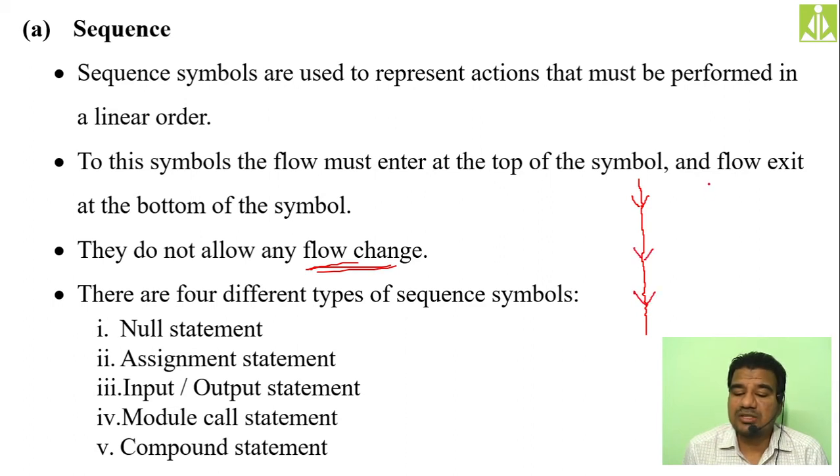Because of some reason, if your path gets deviated like this, we call this a change in flow. Because you are coming to this point, and over here you are making a decision whether you want to go this way or this way. So this is how we do it, with the help of decision making statements, conditional statements.